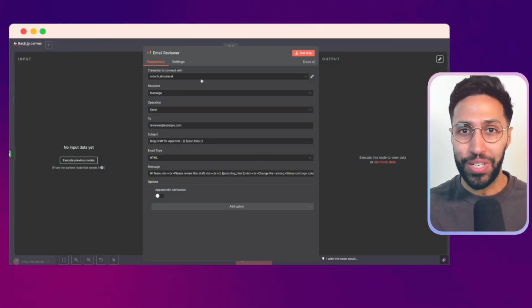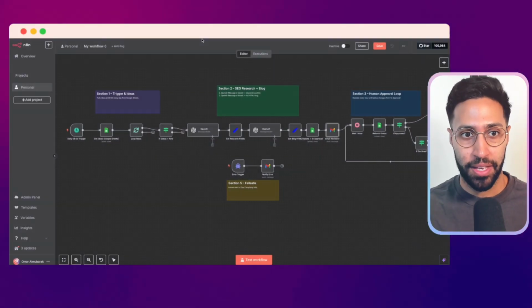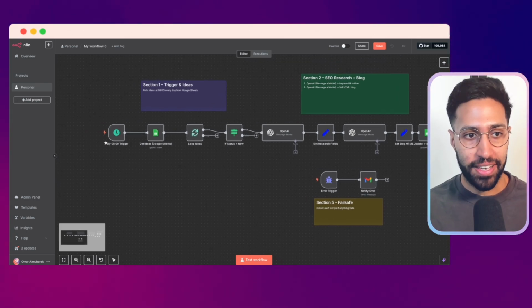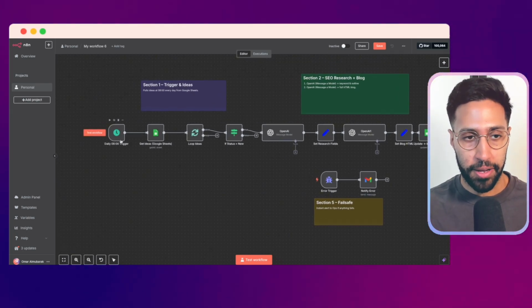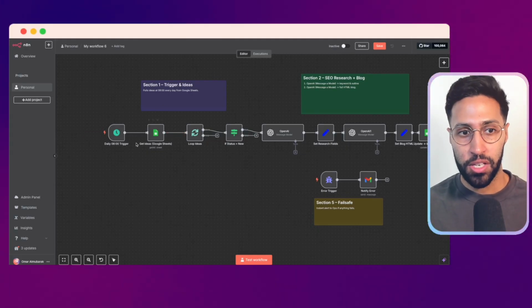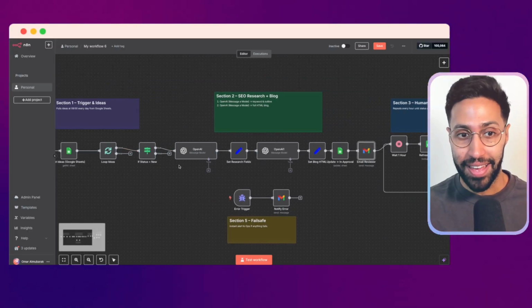That's basically all you need to do as you set this up and you have a fully functioning automation. But let's show you what exactly got created. So here we have a daily trigger that triggers every day. Then I have a Google Sheet with the different content ideas I want. So we'll go through this Google Sheet, it will check if the status is new, and then here we have